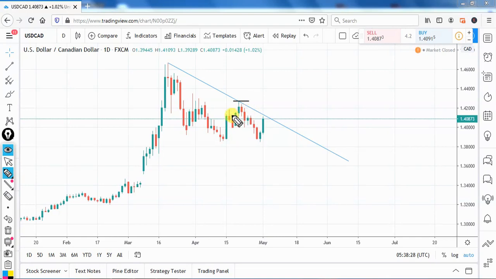So first, our resistance is up to these highs. The reason why we have this high, we got this low here, and also we got this spike up here, as well as the trend line. So that makes a decent resistance up there. So it's pretty close to this one. So I don't want to see the break of that, and the second resistance will be up to this high